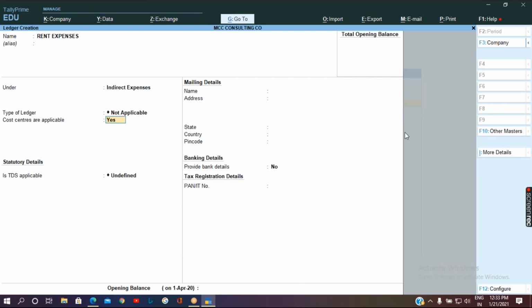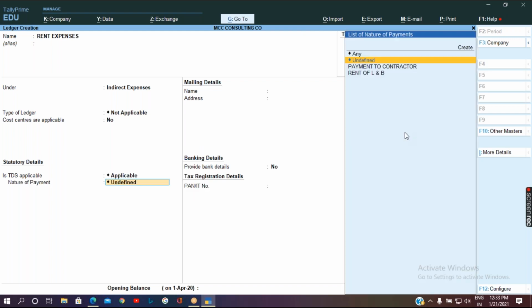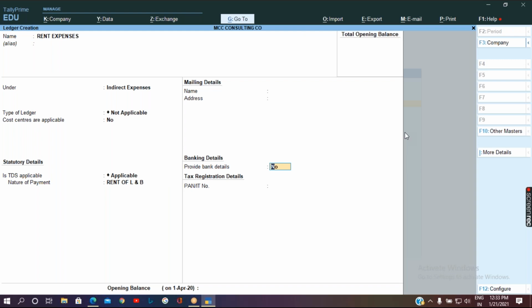I'll make cost center as no because it's not applicable for this. If you want, you can give it, no problem, but that will affect your accounts, not your tax. The next, TDS is applicable, yes. Then select the particular relevant nature of payment which is applicable for these expenses. So that is rent of land and building. And accept the screen.